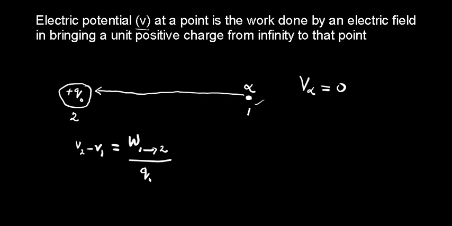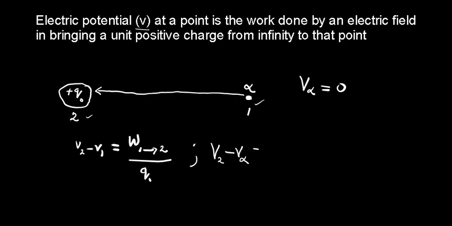Now, let's take this point charge from infinity to this point here. We are going to replace V1 with V infinity, because we are now assuming that point 1 is at infinity, and we are bringing this test charge from infinity to position 2. So the potential at 2, V2, minus the potential at infinity,